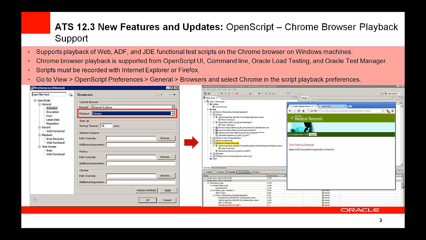The first feature I want to introduce for 12.3 functional testing module is support for Chrome browser playback. Chrome browser playback is supported for web, ADF, and JDE functional test scripts on Windows machines. The playback is supported from OpenScript UI, command line, Oracle load testing, and Oracle Test Manager. Scripts must be recorded with IE or Firefox, and to playback in Chrome browser, go to OpenScript Preferences and configure